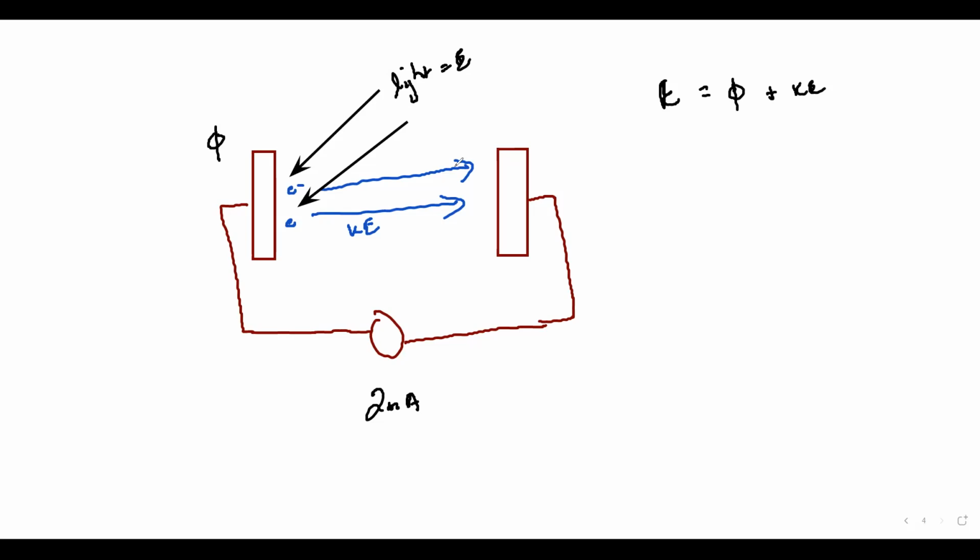So we connect a supply here, a battery, with the negative terminal connected towards the side where the electrons are moving, and the positive terminal connected to the side where electrons are being removed. Now what will happen when we connect this battery, with the negative terminal on the side where electrons are moving and the positive terminal on the side from which the electrons are coming out?